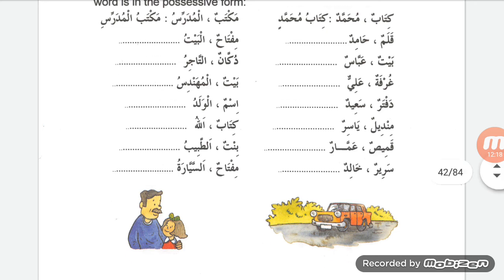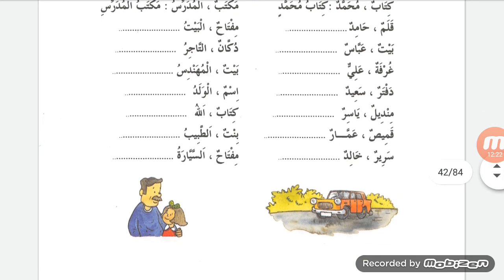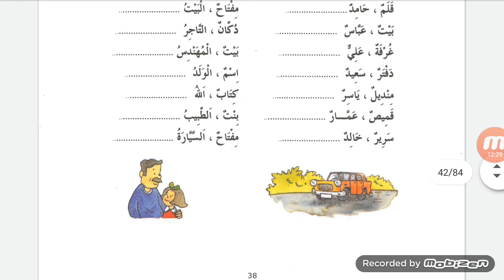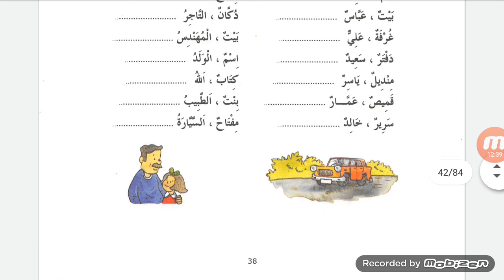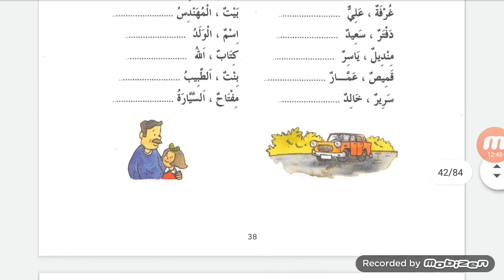You can have a go at this yourselves. Maktabun al-mudarrisu, maktabul mudarrisi, desk of the teacher. Qalamu Hamidin, pen of Hamid. Miftahul bayti, key of the house. Alif Lam gives the meaning of "the". Baytu Abbasin, house of Abbas. Dukkanu Tajirin, shop of the businessman. Ghurfatu Aliyin,